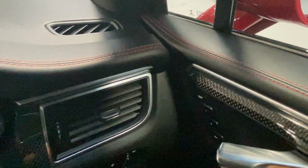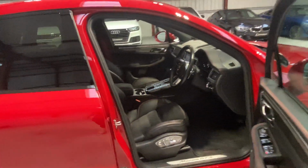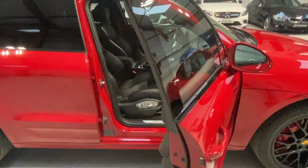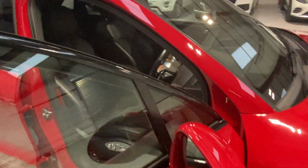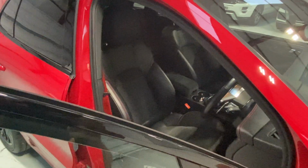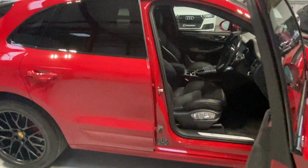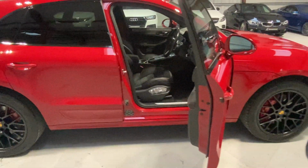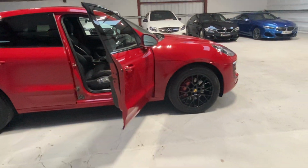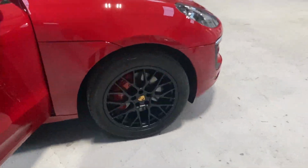Just looks fantastic. You need to have a Macan GTS in this colour, and you need to have the carbon and the red stitching, because it just feels a really special place to be. So I can highly recommend it. Priced very competitively. It's got warranty till I think it's mid-September or end of September with Porsche, that's been extended. It's got a full Porsche service history. You can obviously extend the warranty if you extend it before the end of term. You've got those huge red Porsche brake calipers,